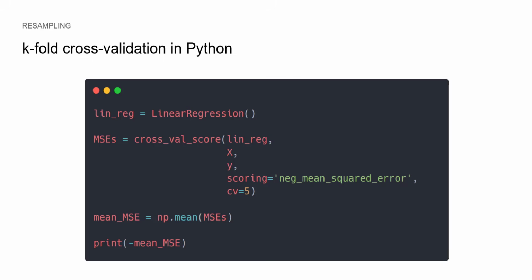In Python, we can perform cross-validation like this. Here we see an example with linear regression. We first initialize the model, and then we can get the mean squared error for each fold. Notice that we are performing a 5-fold cross-validation because the CV parameter is set to 5. Then we can get the mean of all errors. Now notice that we report the negative of the mean because the algorithm uses the negative mean square error as a scoring system. Therefore, we need to get the negative so that we bring it back to a positive value.